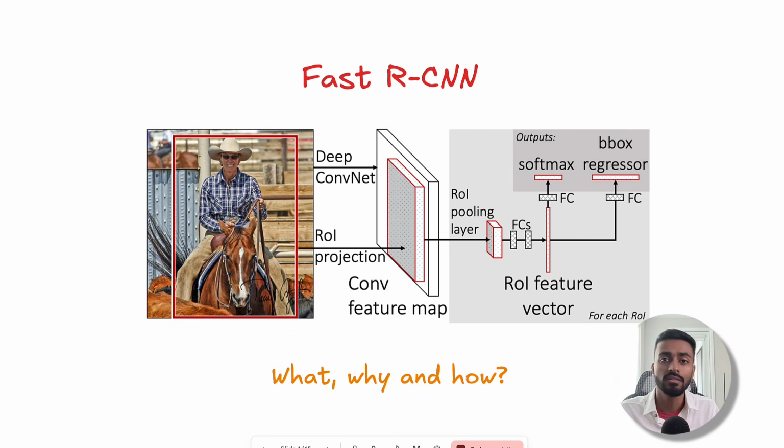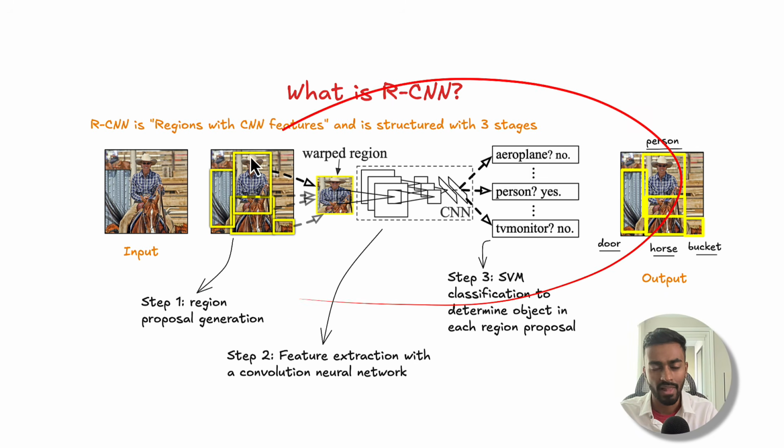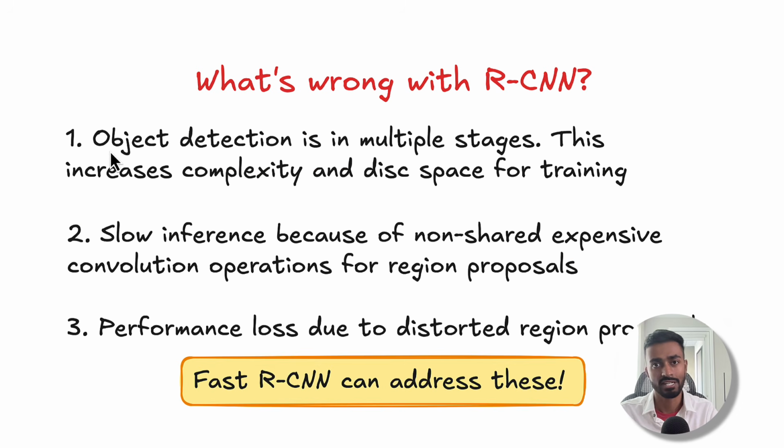In this video, we took a look at Fast RCNN, the what, the why, and the how. We started with outlining what RCNN is in its three-stage pipeline. We then took a look at what was potentially wrong with RCNN, specifically it being a multi-stage architecture which can take a lot of disk space for training, its slow inference because of expensive convolution operations for every region proposal, and then its potential performance loss due to distorted region proposals too. And we saw how Fast RCNN